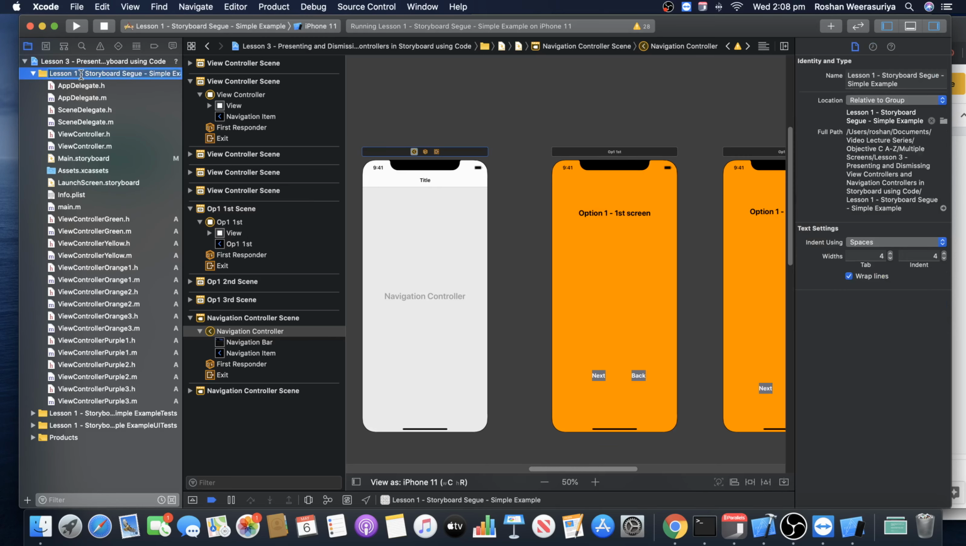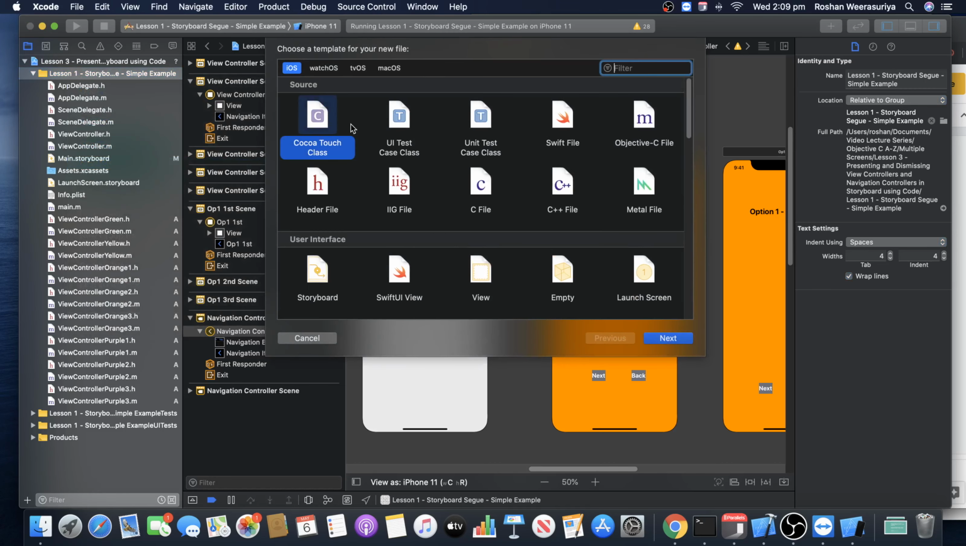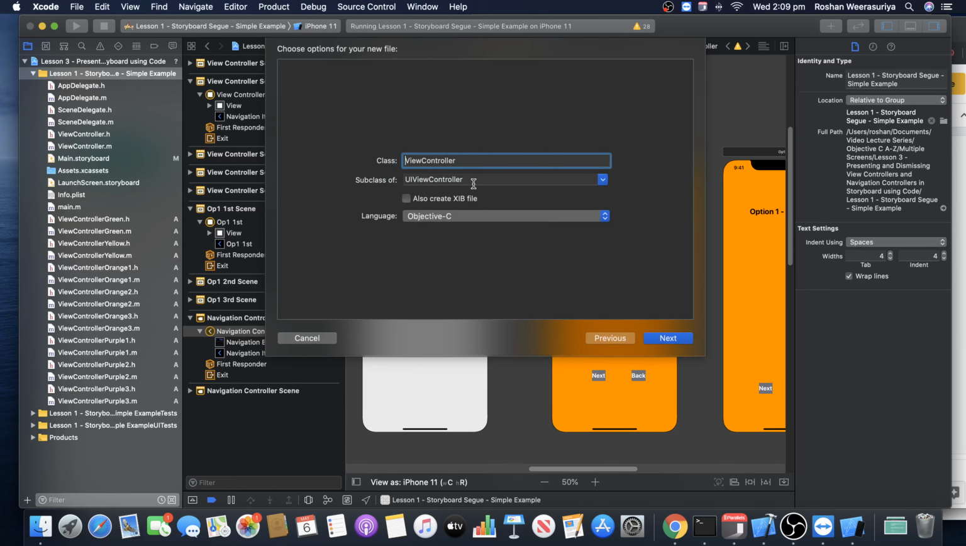So what I'm going to do is right click, new file, and Cocoa Touch class, but I need a UI navigation controller, not a UI view controller. So I need a subclass of UI navigation controller, right? So I can call it view controller, or I can call it, well, navigation controller, right? So I will call it navigation controller